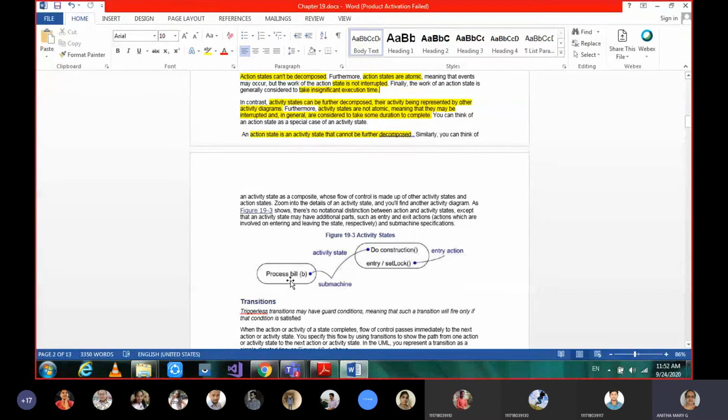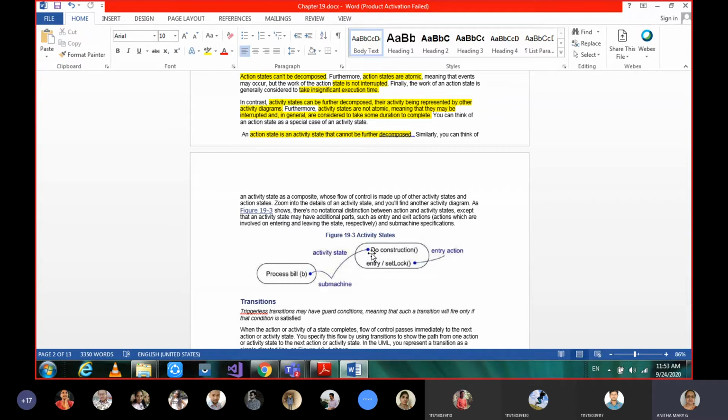And processing a bill. A bill can be processed when the entire construction is over, or there is some procedure to process a bill which takes time. So again I repeat the details of action and activity states. An action happens in insignificant time, a short period of time, whereas an activity takes time. An action we call atomic.